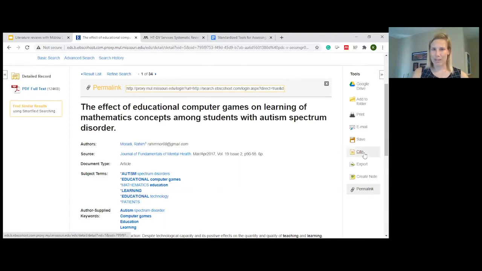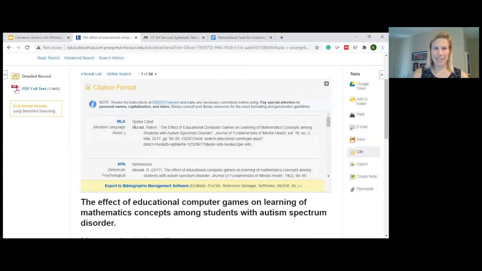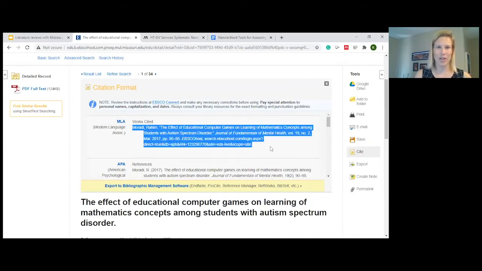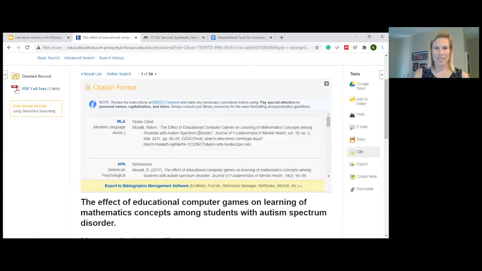There is a cite button. Like any citation tool, it can be really useful, but it can sometimes have mistakes, so always double check. This one doesn't have any, but some of the common mistakes we see are the title in caps lock and numbers after the author's name. If the author has a denotation for where they work, sometimes there's a number that shows up. So make sure those aren't yours if you're using these citations and the citation generators, but it can help with figuring out where the italics should go and where the period should go.